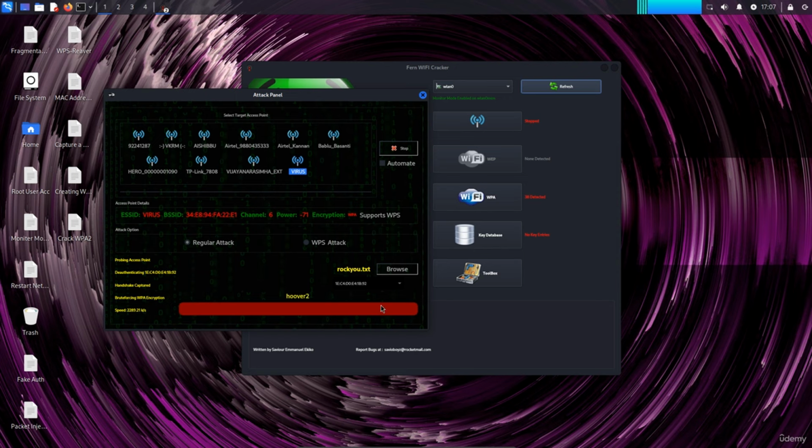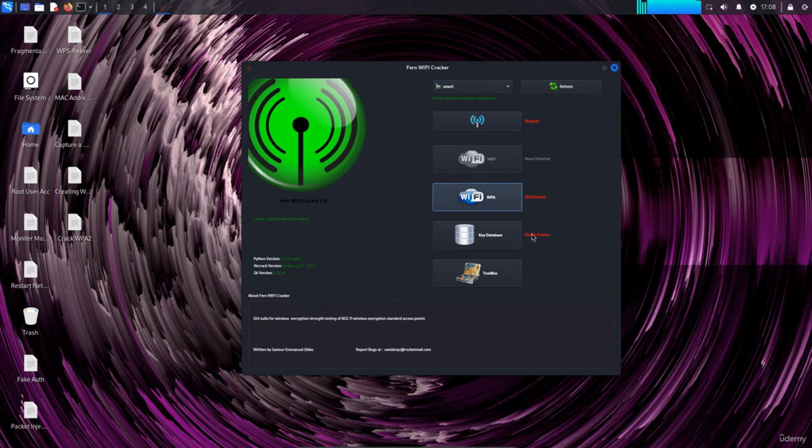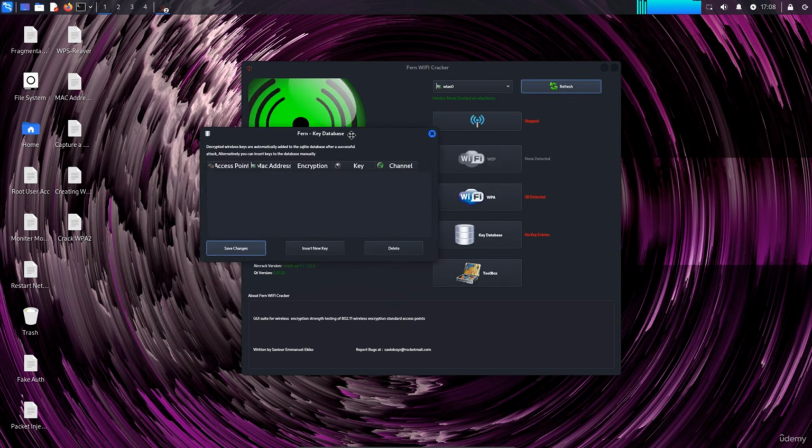It says no entries. You can use different kinds of word lists, or you can prepare your own word list using Crunch or any GitHub tool out there, or you can use ChatGPT and ask it to prepare a word list for you. I'll just stop the attack for now. There has to be clients connected, and the client should be using a certain application which needs an internet connection to capture the handshake. So I'll hit stop, I'll hit cancel, and if you crack the key successfully,